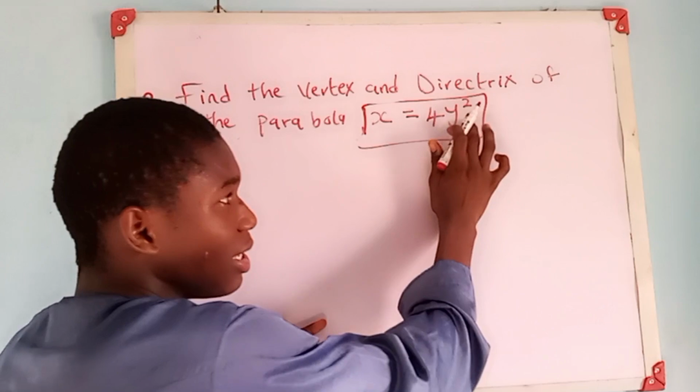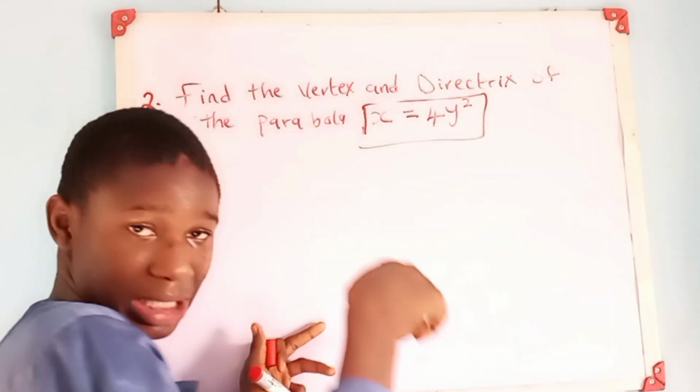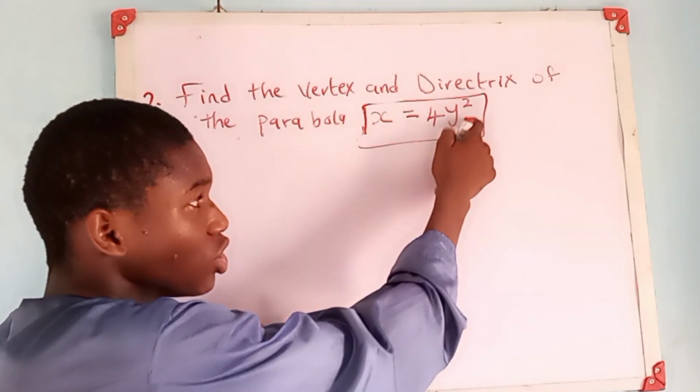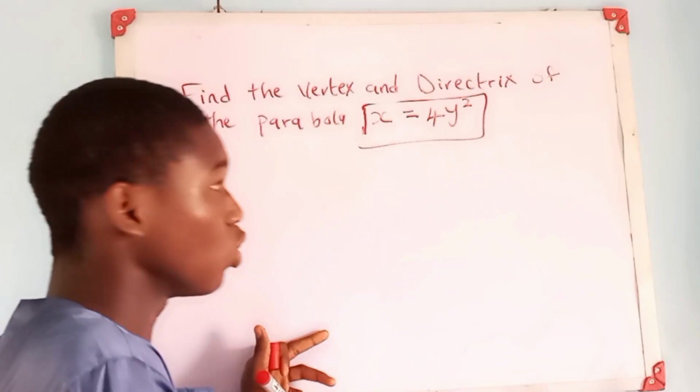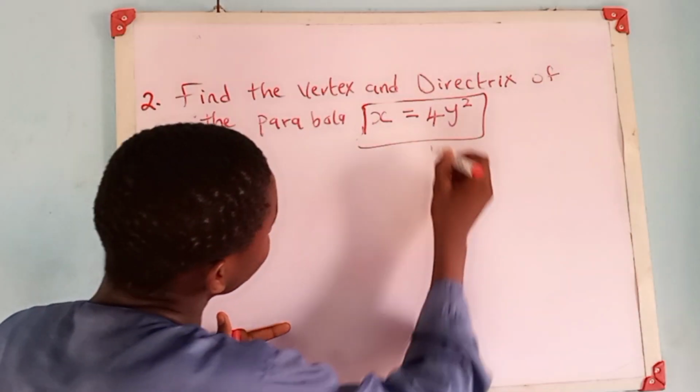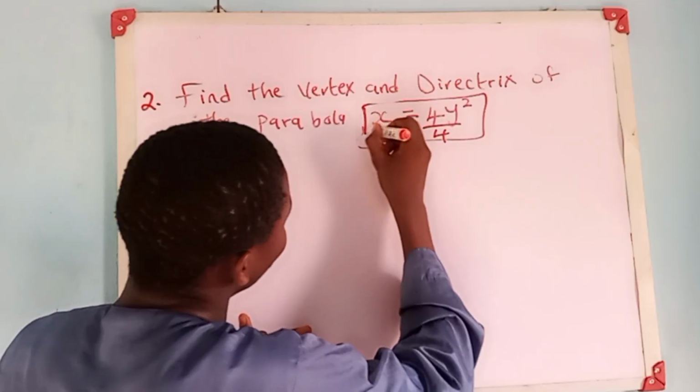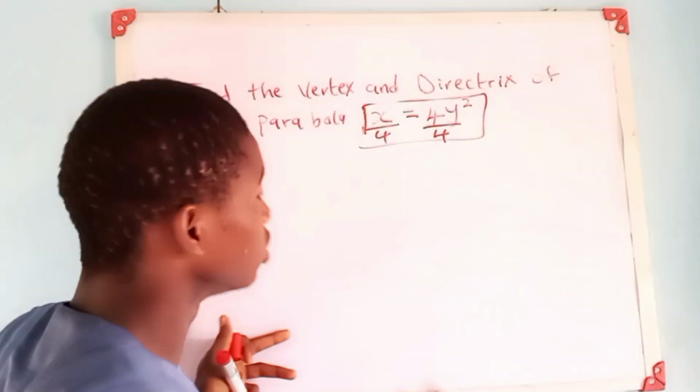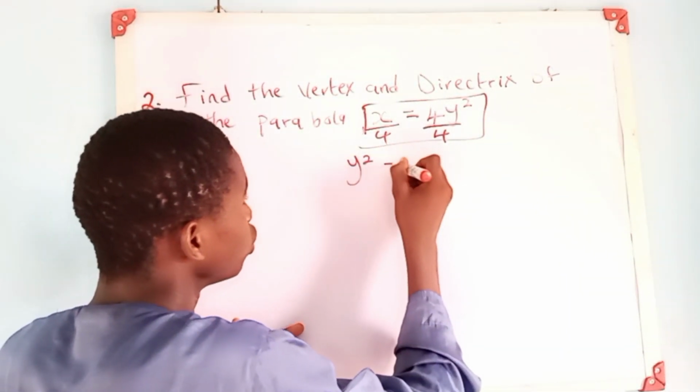So this y, with this one carrying the square, is supposed to be the subject. You understand? So now we need to make this y the subject, because it's the one carrying the square. You understand now? So now from this point, I'm going to be dividing with 4 here and dividing with 4 here. What I'll be left with is my y square to be equal to